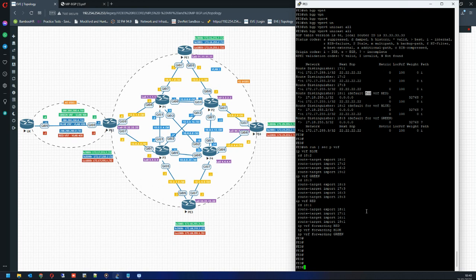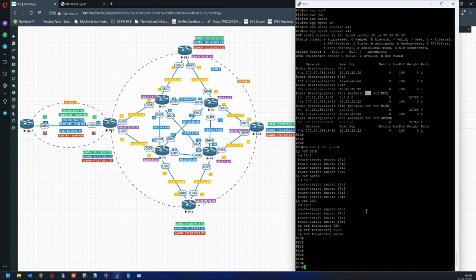I import 17.2, I import 16.2, and I import 19.2 for blue. For green, I export 18.3. I import 17.3, I import 19.3,